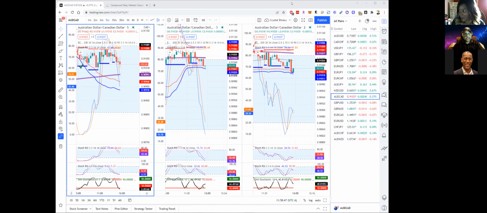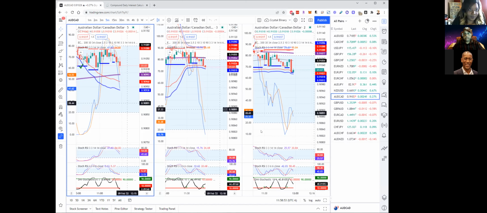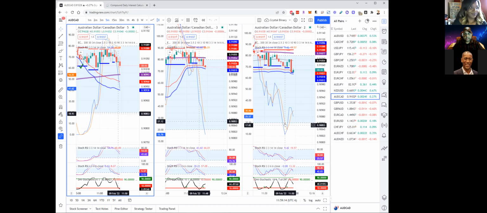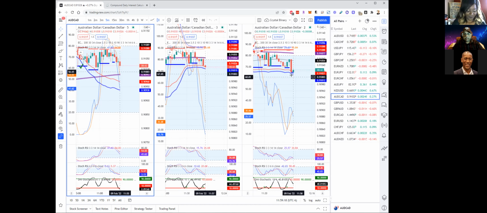Okay, so this is the way I have it set up, so I can look at the 5-minute, 3-minute, and 2-minute. When I used to do binary, I would have both of my computers on both of my screens, looking back and forth, and it was very chaotic, and that's how I missed trades. But this setup is a lot better because last night I was trading on my laptop. I don't usually trade binary on my laptop because I need more space, but I was able to do it using this setup.